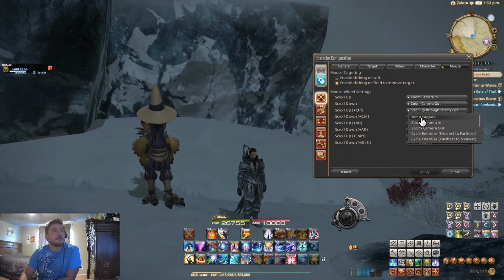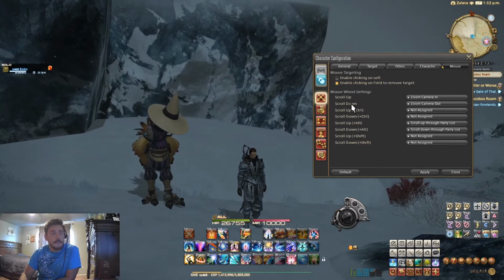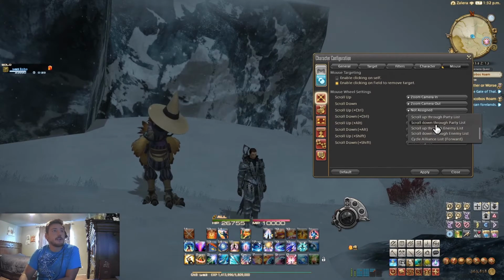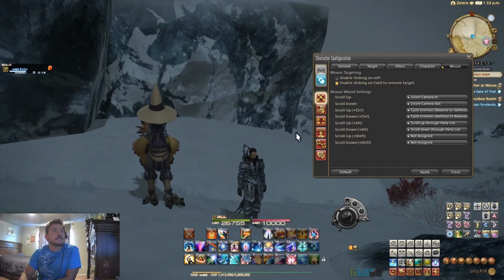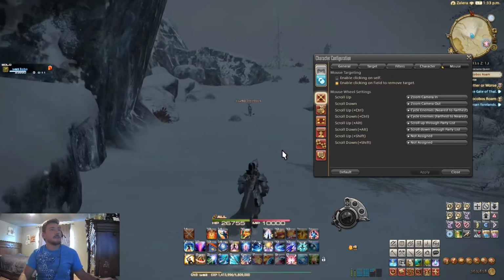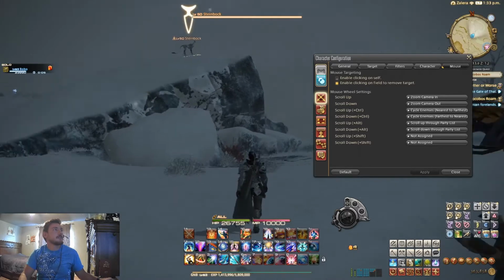Naturally on this tab you have these mouse wheel settings. Scroll up, scroll down, and they have scroll up and down with Control, Alt, and Shift, and normally they begin out as not assigned. These are some actually really cool settings that are very helpful if you get used to it. But if you set scroll up and down, for example, to cycle enemies nearest to farthest, that will become like I'm using tab, and by holding Control and sliding my wheel, it will